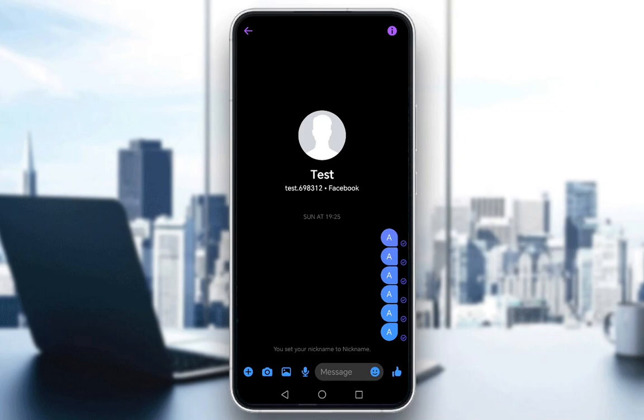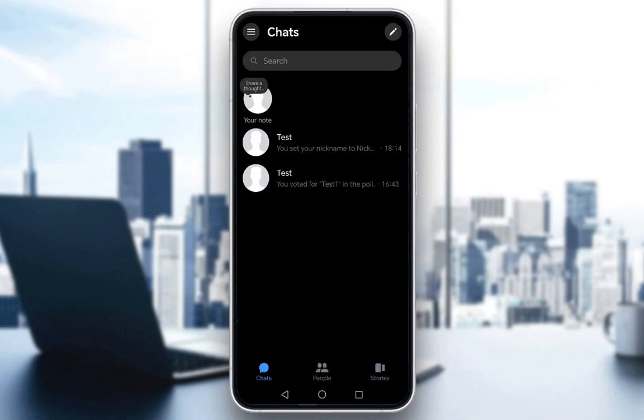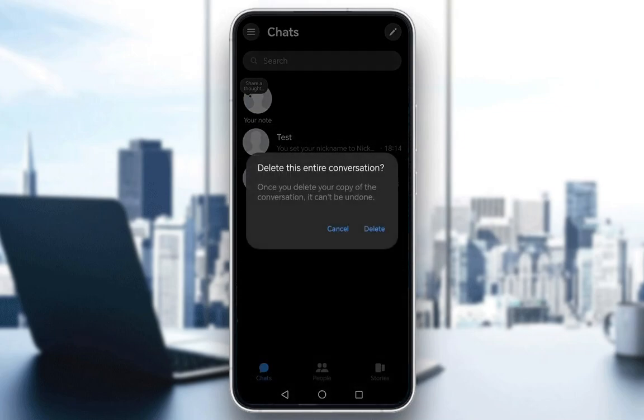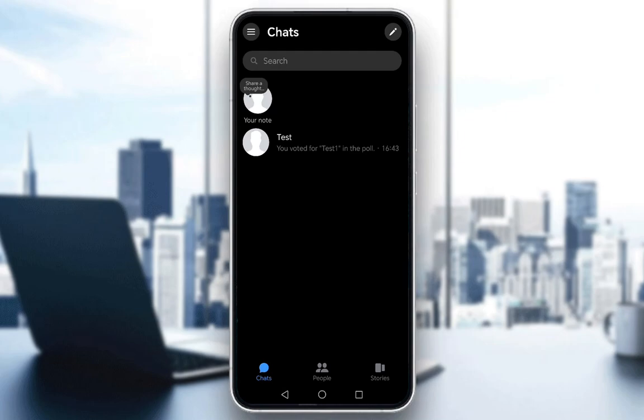Now if you want to clear the entirety of the chat completely in one button press, you want to go into your chat menu, then tap and hold on the chat that you want, then click delete, and then just click delete again, and as you can see, the chat is gone. This will clear it completely. However, you can still chat with that person by going to search and starting a chat with them. You just won't see any messages in there as far as I'm aware,